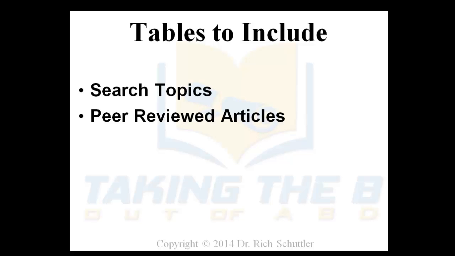Another item to be in there is the peer-reviewed articles. In your table, you may want to show exactly how many peer-reviewed articles you found, because this would help the reader to gain a sense of what the percentage were or how many different articles are to be found in your work. Did you look at dissertations?